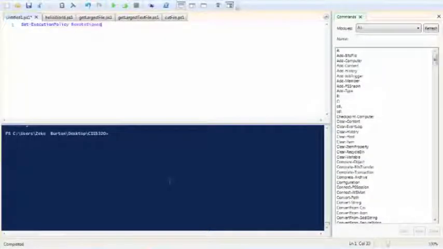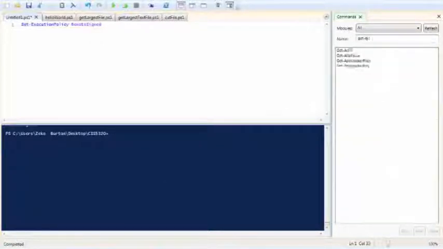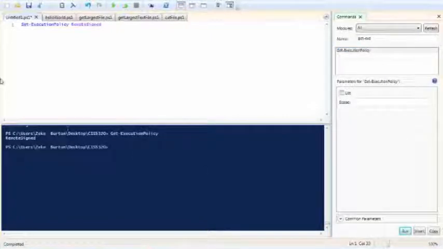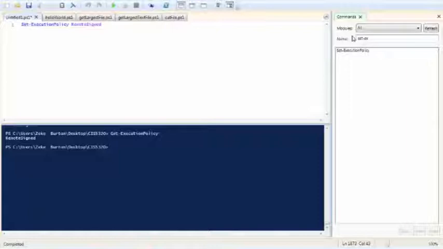Now that we're over in the ISE, we can look at the execution policy and how we can set that to the correct level of security that we want. If we come over here and search Get-ExecutionPolicy, click that and run it, we can see that I have mine set to remote sign. Remember, you have to set it to the bottom 3 of our PowerPoint to let any scripts be run in PowerShell. How this can be set is if we look at Set-ExecutionPolicy,